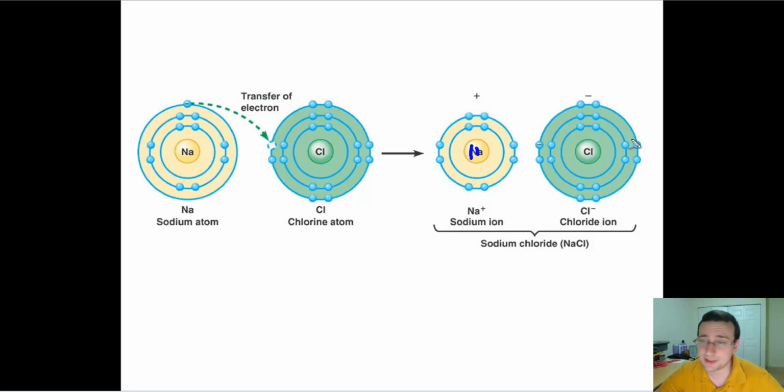Chlorine is still chlorine because it still has 17 protons. But now chlorine has one extra electron on the outside, which means it's going to have 18 negative charges. And sodium is going to have one less electron on the outside, so it has 10 negative charges, which means this is going to give an overall charge of +1, or a positive charge for the sodium, and an overall charge of -1, or a negative charge for the chlorine, which means that now this is called a chloride ion